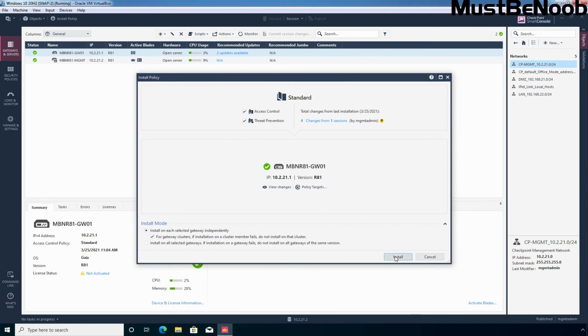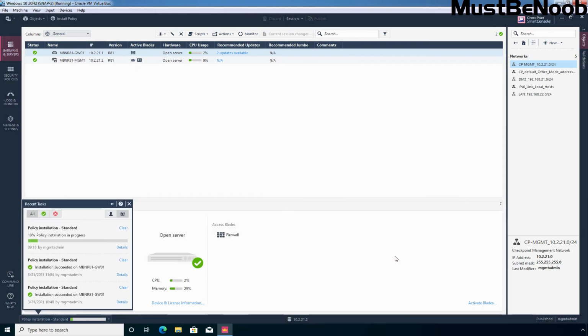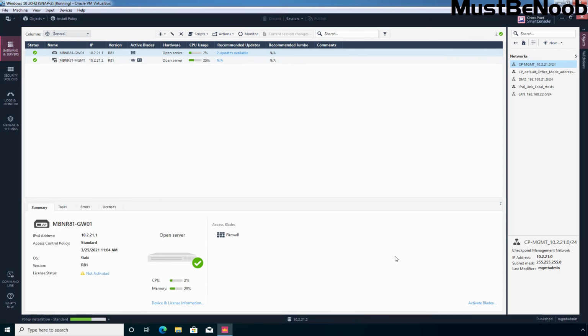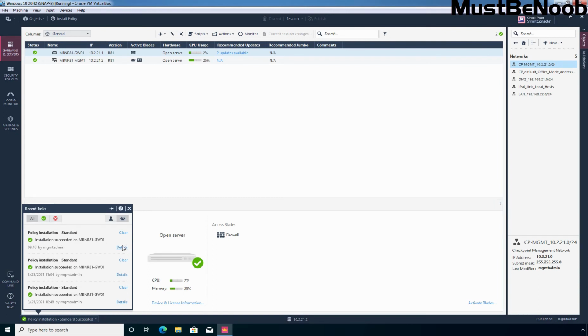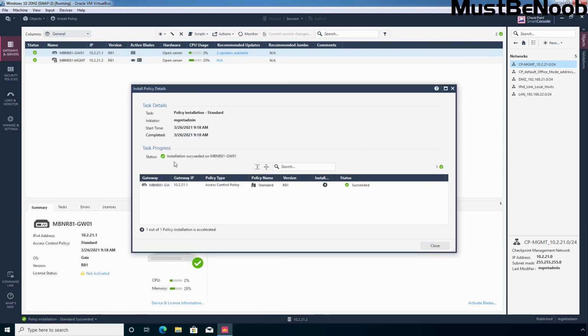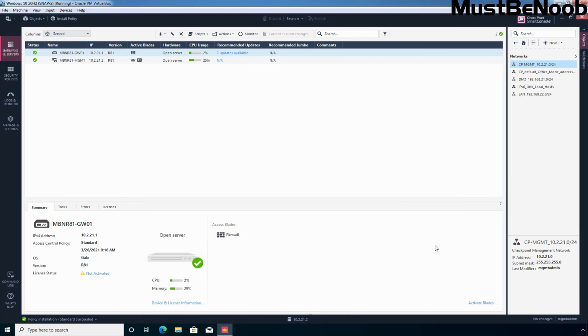Let's click on Install to push those changes to the Checkpoint Security Gateway. Okay, let's see the details. Installation succeeded on our security gateway. Fine, let's click on Close.